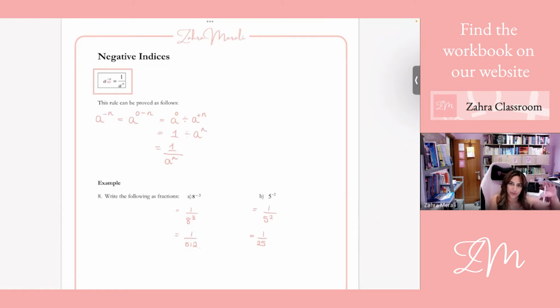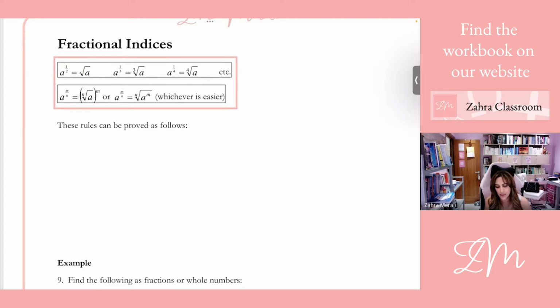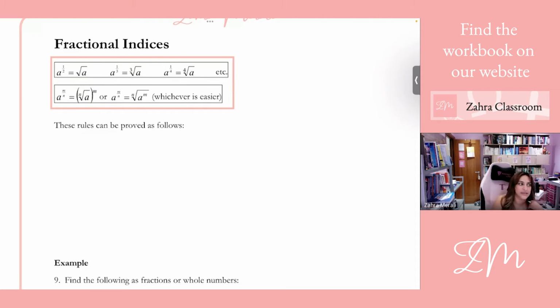So we've got our rules for adding, subtracting, and now we've got a negative. The next one is the one that's practiced a lot and is a bit trickier. And it's when you've got a fraction, which is a square root. So if you want to think about this, or if you want to say proof, it's more to prove it to yourself